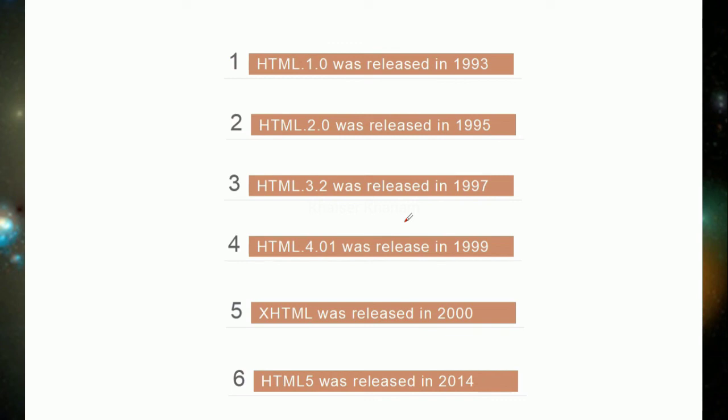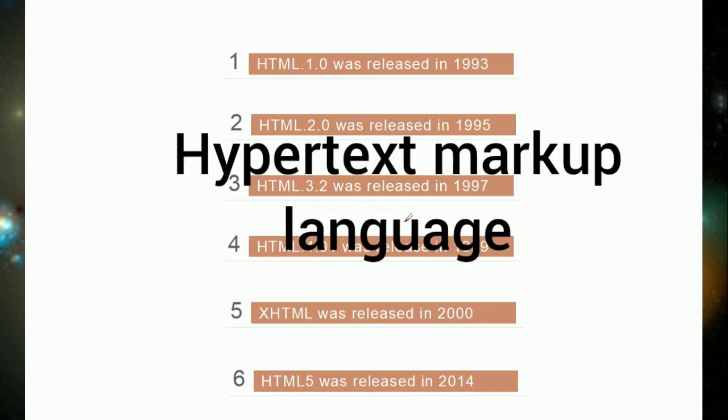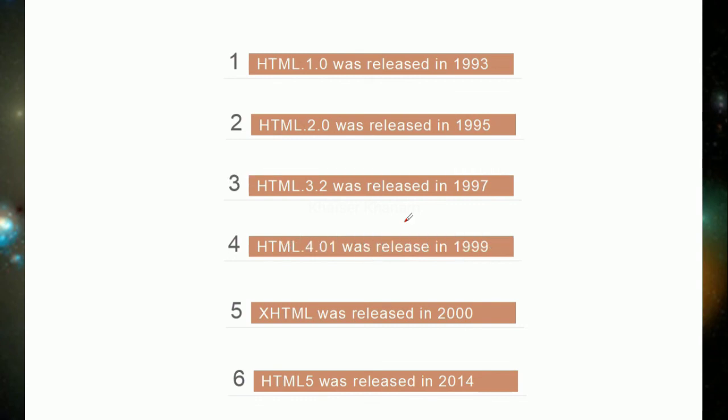HTML provides structure to our website. It tells what content should be displayed. It stands for Hypertext Markup Language, the combination of hypertext and markup language. Hypertext means linking multiple web pages to the web, and markup language means using tags and displaying the data. So this is all about HTML and its different versions. Now the latest version is HTML 5. In our next tutorial, we are going to see the differences between HTML and HTML 5: what new features and new tags were added. Everything we are going to see one by one.